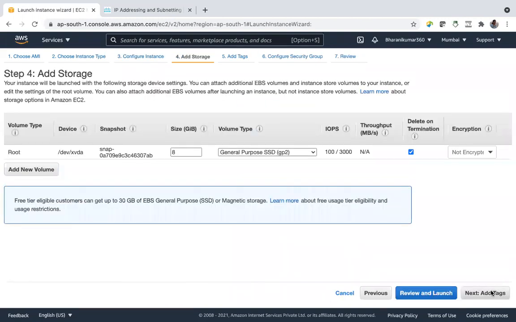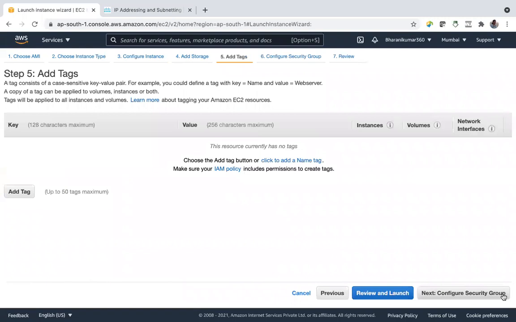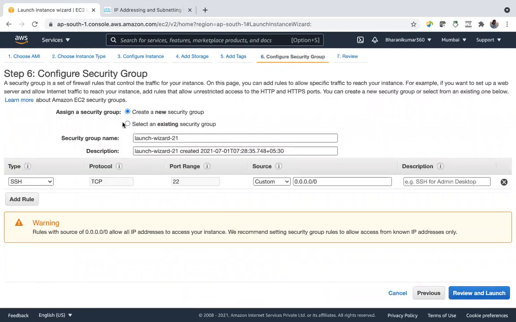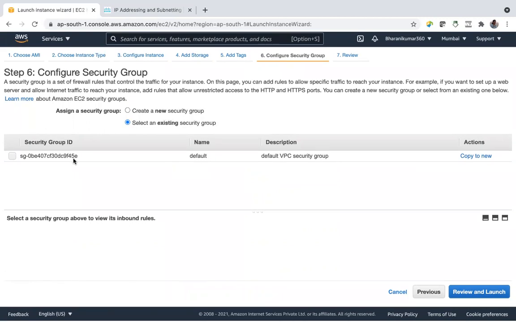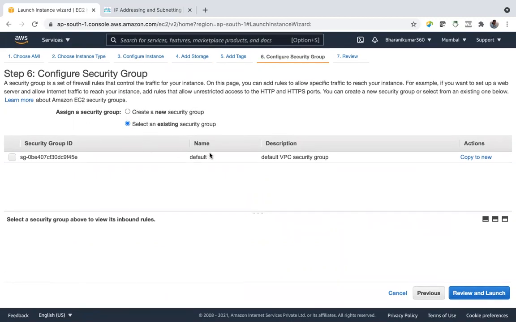Next, add storage, tags, security group. You can choose from an existing security group. Okay, I don't have any security group in this VPC, so let's create one.